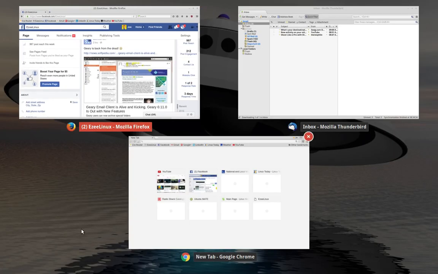Geary Mail is back. So I use Firefox and I use Google Chrome. And I have both of them installed. Google Chrome is set up as the default for me. And the reason why is because I use a lot of Google services and they work natively in Google Chrome. Also, you're going to need Google Chrome these days if you want to run Netflix and a few other streaming and cloud-based things. They don't work in Firefox, or you have to hack them to get them to work.